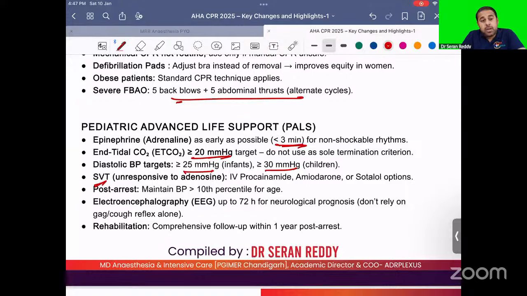SVT, supraventricular tachycardia, which is unresponsive to adenosine: if you have given 6 mg and then 12 mg, and it is still not responsive, you can use IV procainamide, amiodarone, or sotalol options. Okay. Then post-cardiac arrest, the patient has a cardiac arrest, but you resuscitated him. In those conditions, ensure that you maintain blood pressure more than the 10th percentile for that age. And remember, up to 72 hours, you have to use